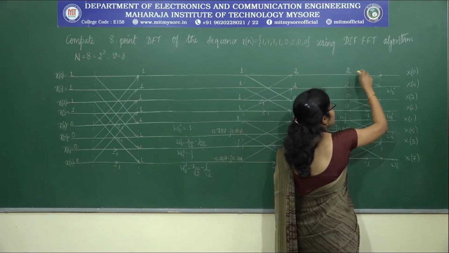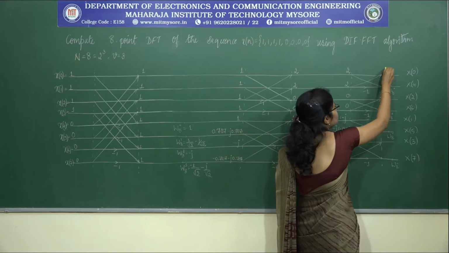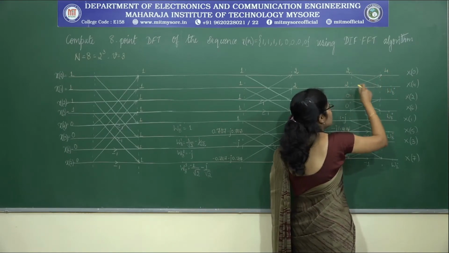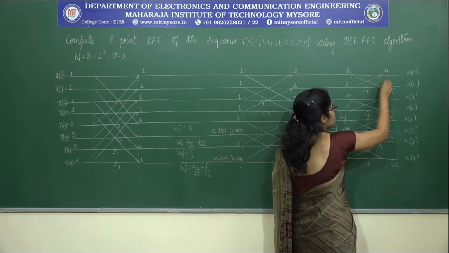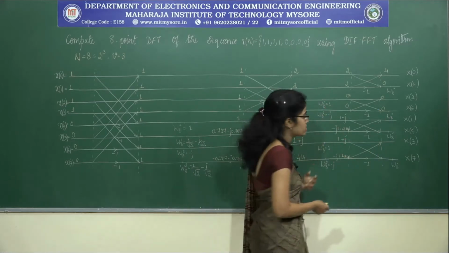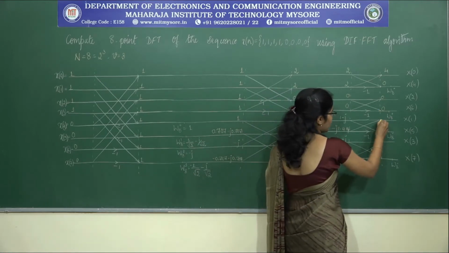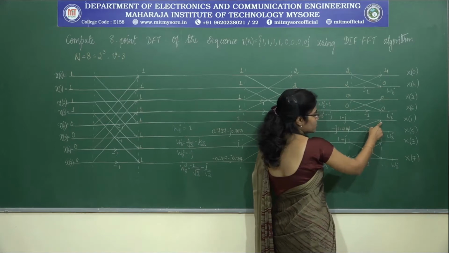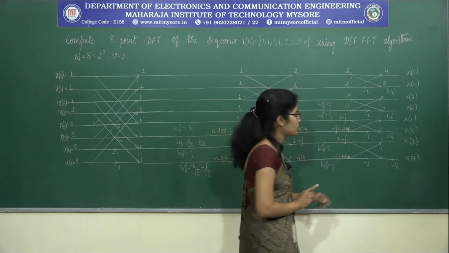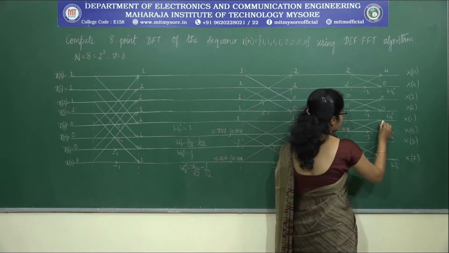At this point, the signal coming is 2 and 2, 2 plus 2 is 4. Here the signal coming is 2, 2 into minus 1 is minus 2, 2 minus 2 is 0. So, at these 2 stages the output will be 0 because the input data is only 0. Again at this point, here the signal coming is 1 minus j and here the signal coming is minus j 1.414 and the result will be 1 minus j